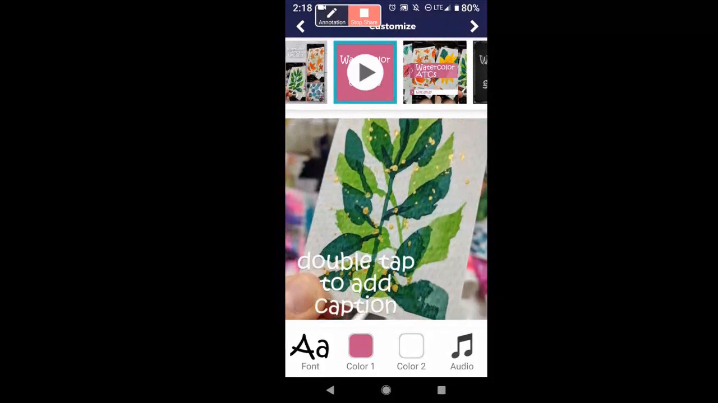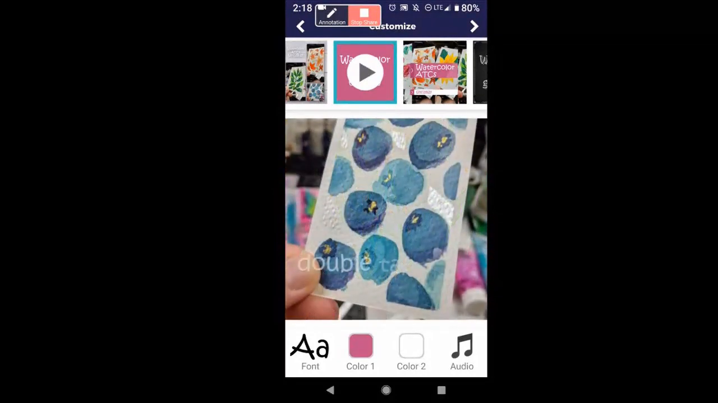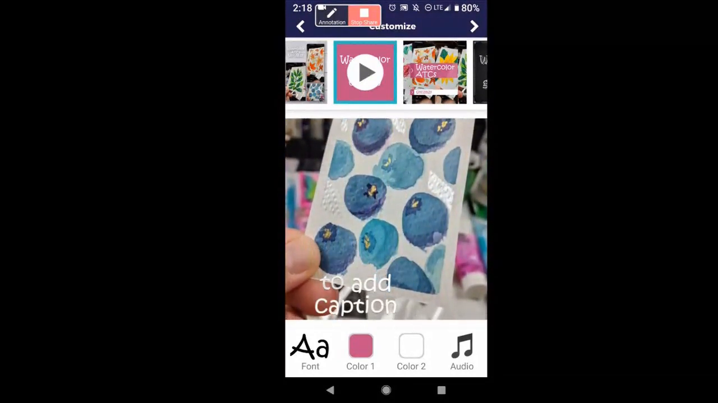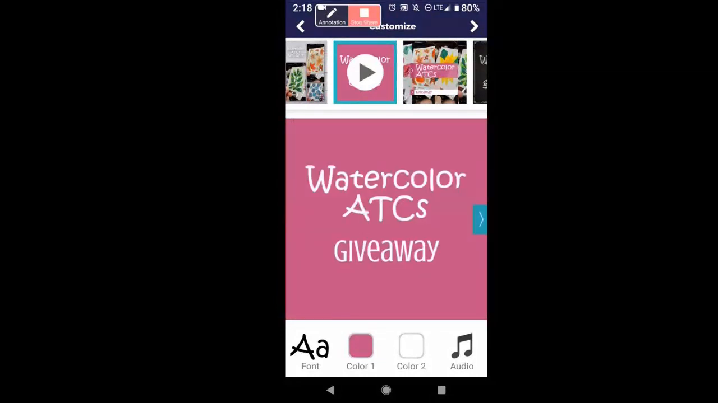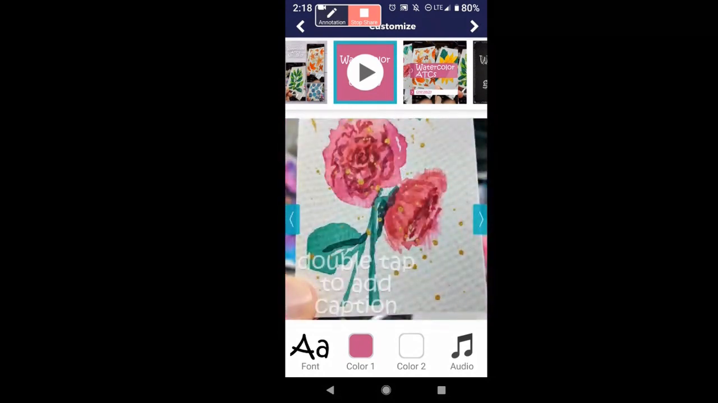Nice. So now you notice it's popping up with double tap to add a caption. If I don't add any words at all, those words will not be there in the finished project. It'll just be pictures moving, a nice little slideshow thing. But if I want to edit this and say, yeah, this is the one I want to go with, I want to say this one belongs to,